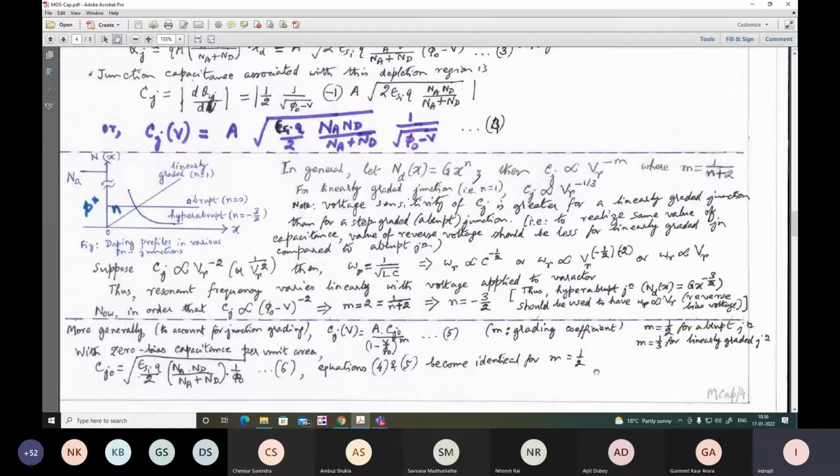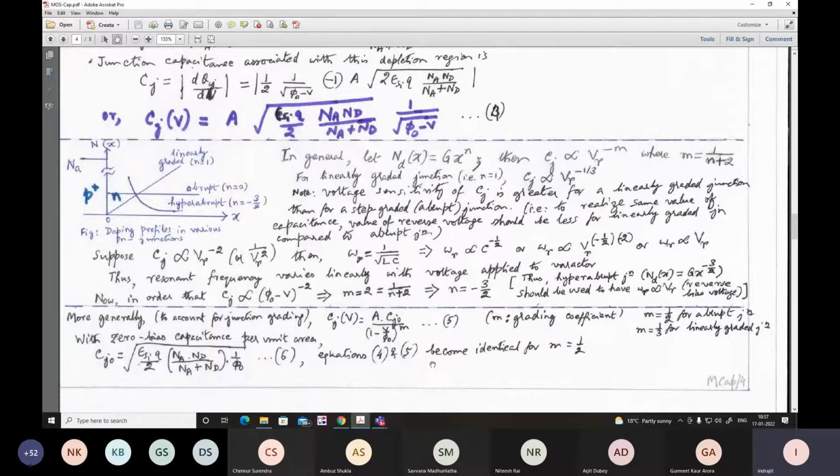But as we can see, this is quite complicated. That means Cj varies with the voltage. In transient phenomena, you can apply a ramp type of waveform to a MOSFET, or an abrupt, that means step, voltage. Whatever be the case, there will be a variation of the voltage, and consequently a variation in the capacitance. So calculation of the capacitance may be somewhat complex. Now we need to simplify somehow. So how do we do that?